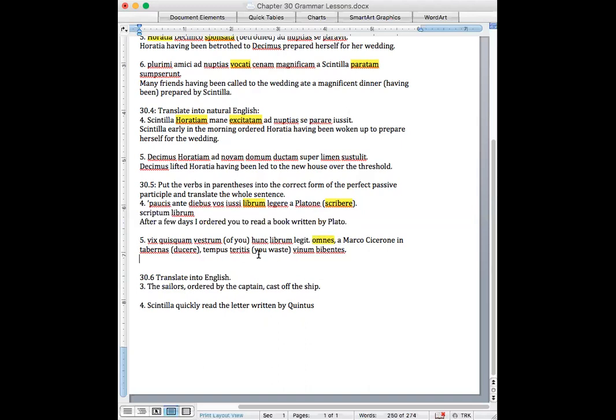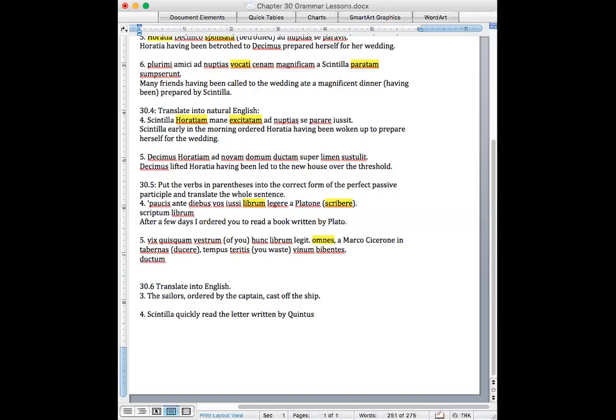So let's look up ducere to find the supine form, because that's what we're going to use to make a perfect passive participle. So we've got duco, ducere, duxi, and ductum. Ductum was our 4th principal part. So scarcely any of you read this book. They did not do their assignment.